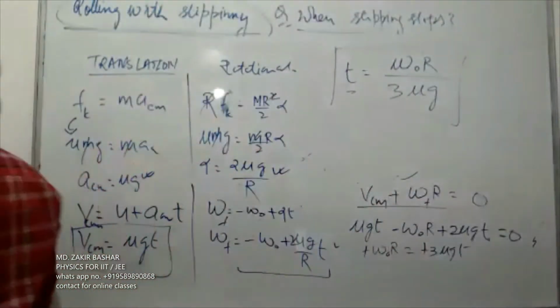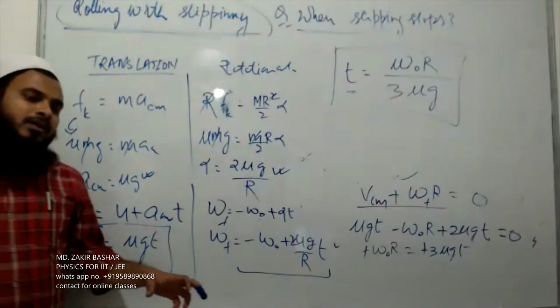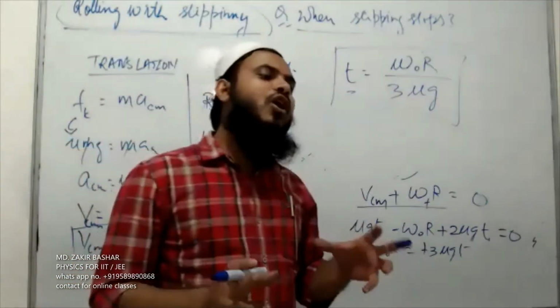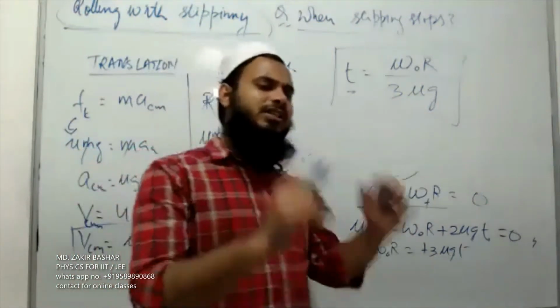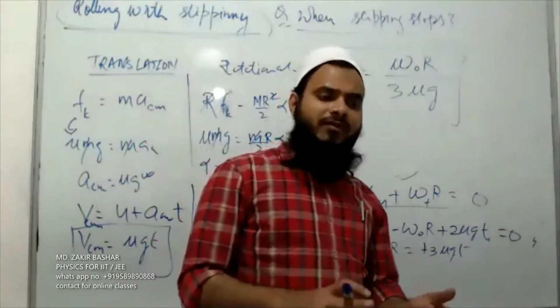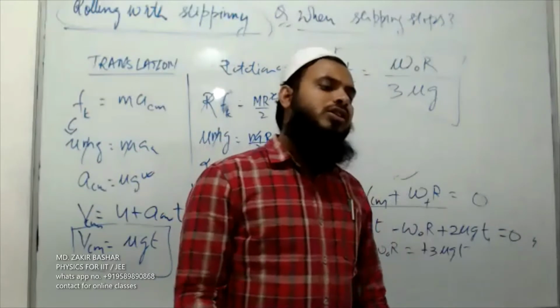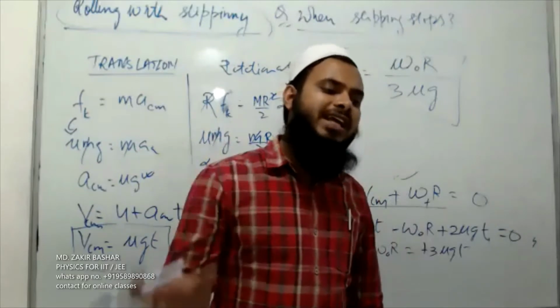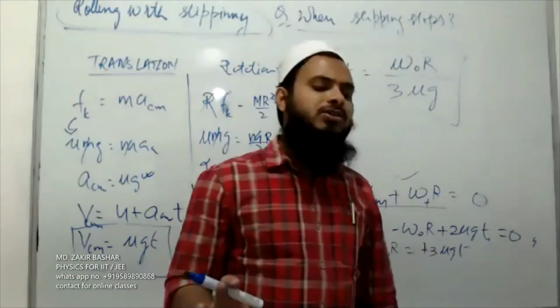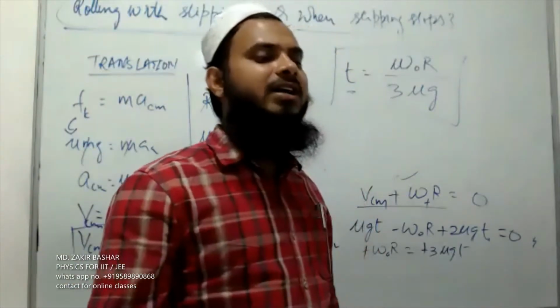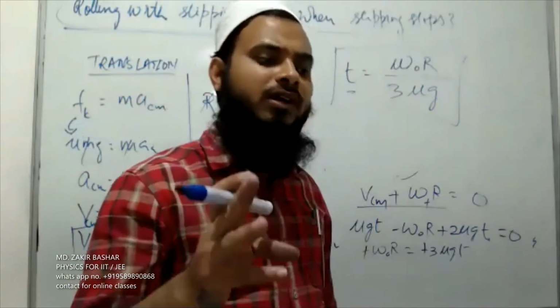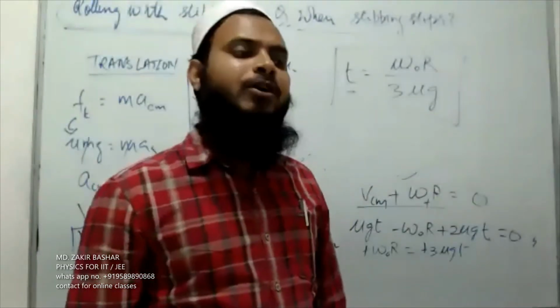So two or three points are very important. Whenever there is a case of rolling with slipping, and we talk about the friction force, if there is a case of rolling with slipping, what type of friction force will come? Always there is a case of kinetic friction. It is because